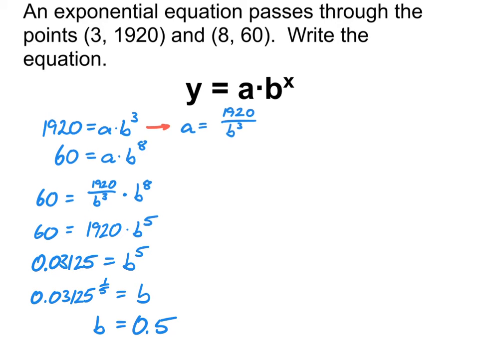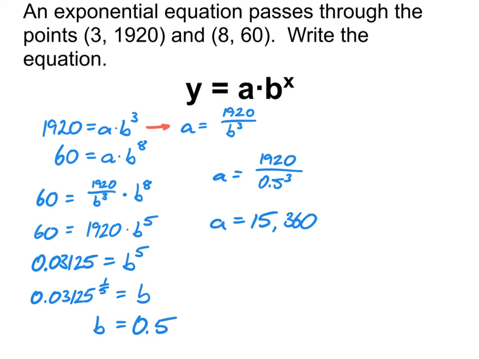All right, we still got to go finish this problem off though, because we found our b value, but we still don't have our a value. So I'm going to take that b value and I'm going to plug it into one of the equations that I have up here. I'm going to use this one because that one's already solved for a, and I'm trying to figure out what a is here. So we're going to go a equals 1920 over 0.5 cubed. And again, all you got to do is plug that into your calculator now to figure out what that would be. And we end up with a equal to